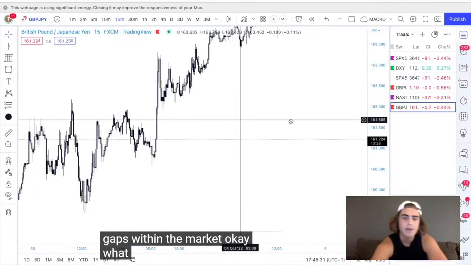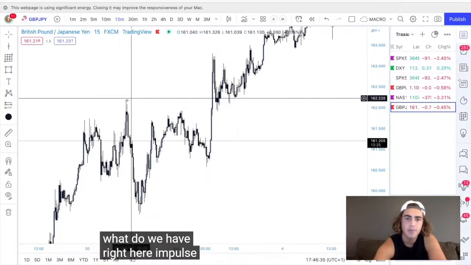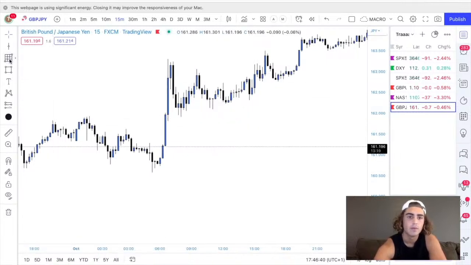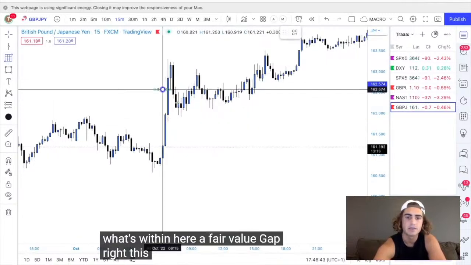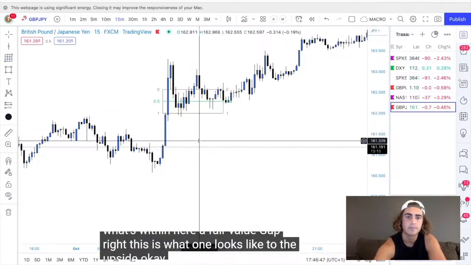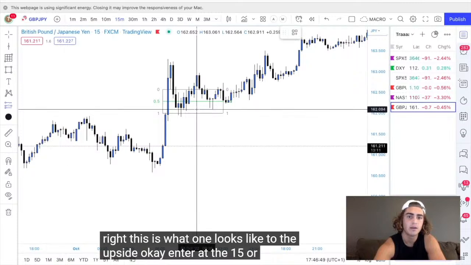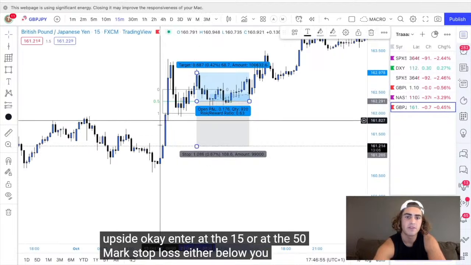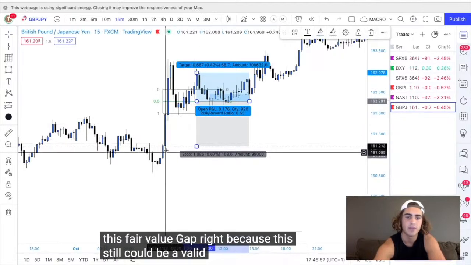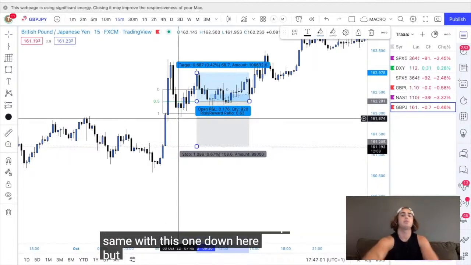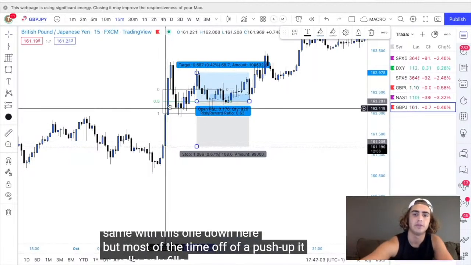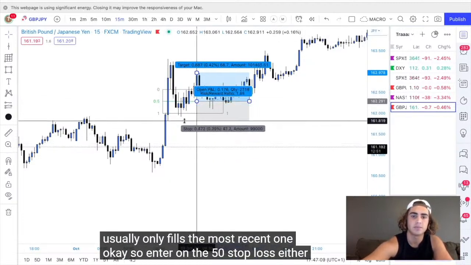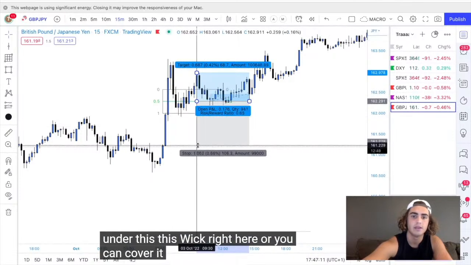What do we have right here? Impulse move up, breaking resistance, okay? What's within here? A fair value gap, right? This is what one looks like to the upside, okay? Enter at the 50% mark, stop loss either below this fair value gap, right? Because this still could be a valid fair value gap, same with this one down here. But most of the time, off of a push up, it usually only fills the most recent one, okay? So enter on the 50, stop loss either under this wick right here, or you can cover it down here,